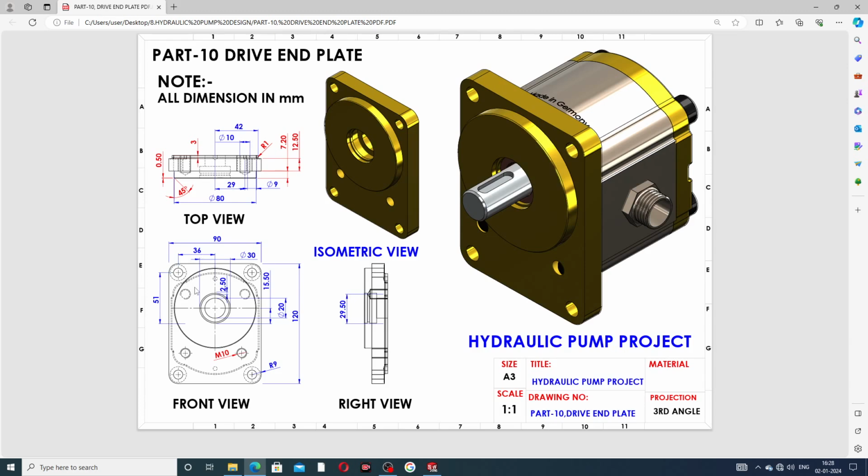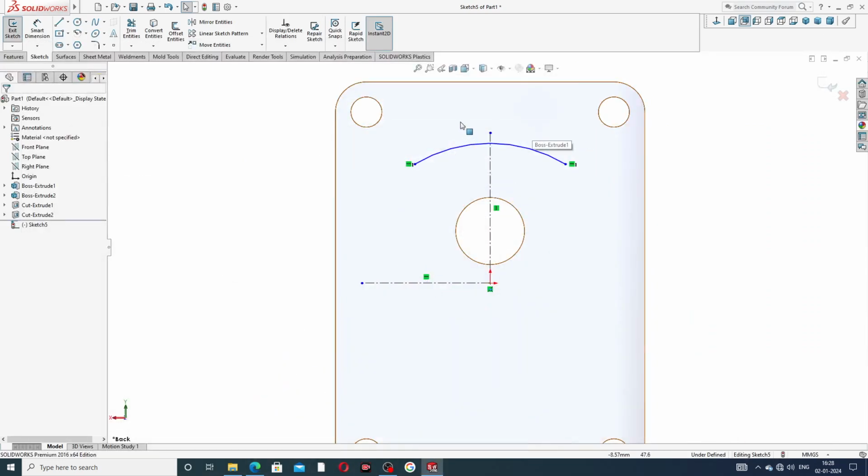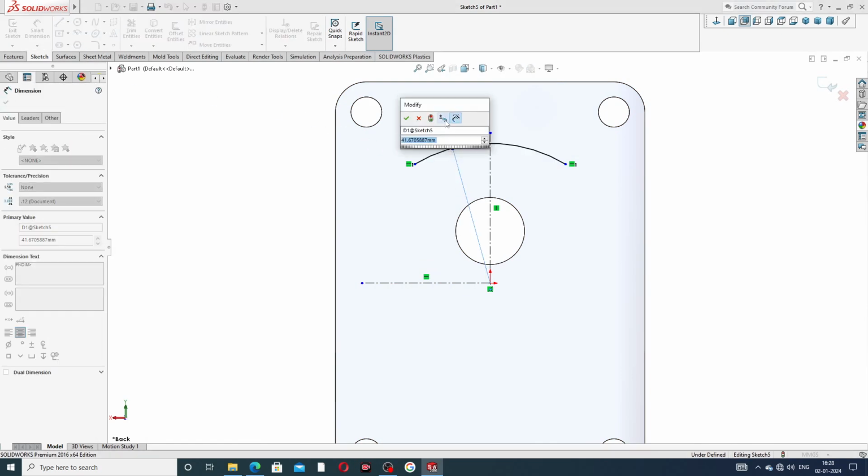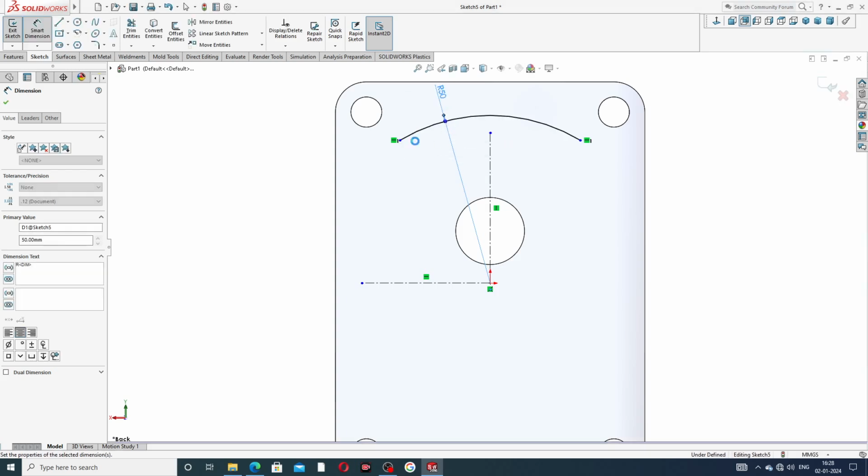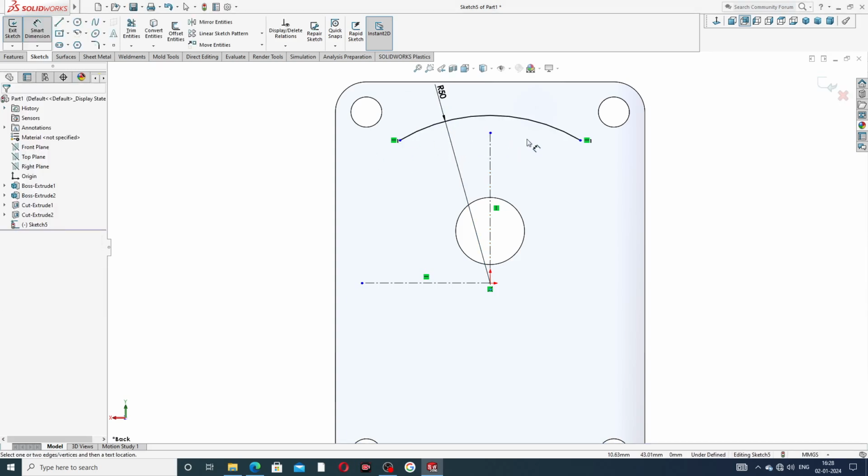And this distance is 51 millimeter, and this is 36 millimeter. Okay, and this radius is 50 millimeter. Is this defined as 50 millimeter? Okay, and